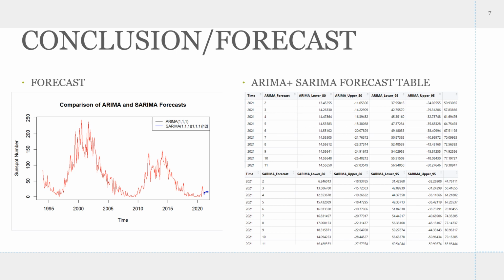On the other hand, for the SARIMA model, we can see the forecast start at around 6 sunspots in February and increase to around 16 by November. The confidence intervals for this model are noticeably wider, particularly in the 95% confidence interval range, reflecting greater uncertainty in its predictions. In summary, both models provide forecasts with distinct characteristics. The ARIMA model suggests a period of low and stable sunspot activity, while the SARIMA model indicates potential for higher variability.